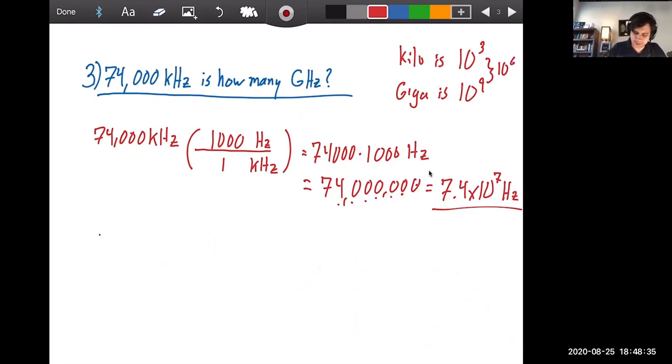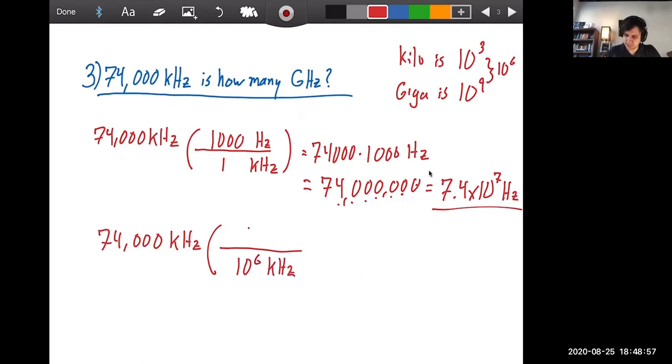So I can go directly from 74,000 kilohertz, because there would need to be 10 to the 6th kilohertz in 1 gigahertz. Now I can cancel, cancel, and I get